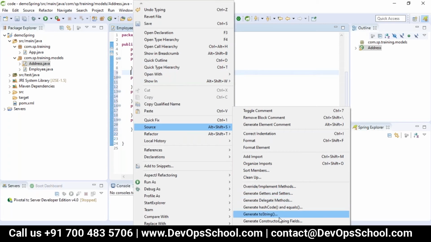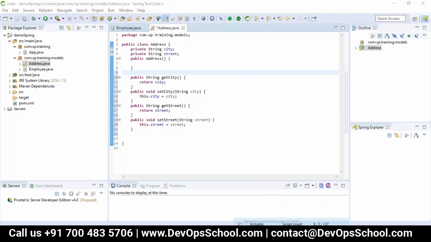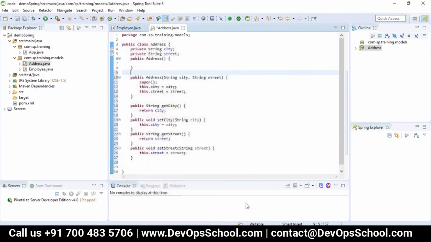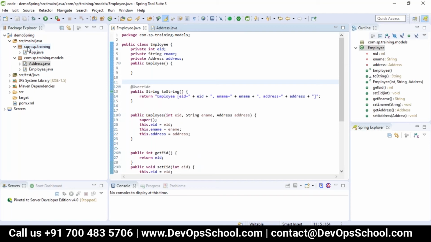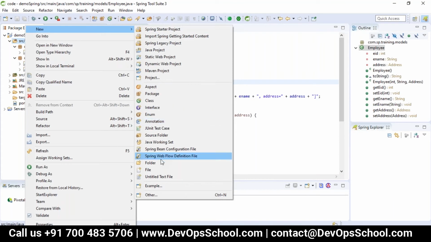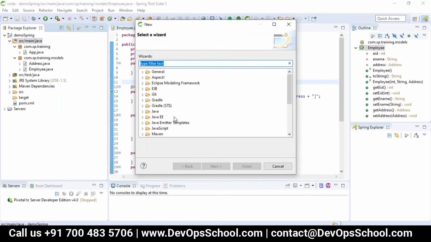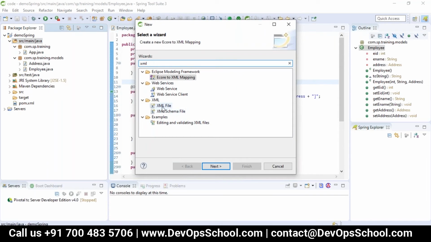Why is having a default constructor mandatory? Because if you have constructor arguments and you are not passing them, it will give a null pointer exception, right? So that should be avoided. I suggest it for that purpose. Like we will be creating the XML file in the classpath here. That is nothing to do with Spring, right, the default constructor? No, nothing.